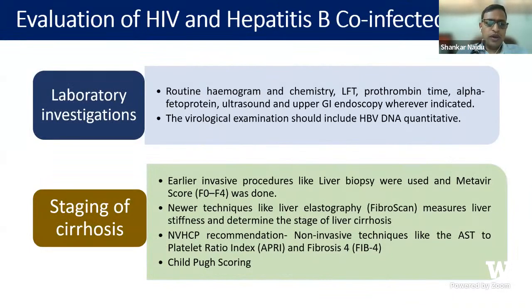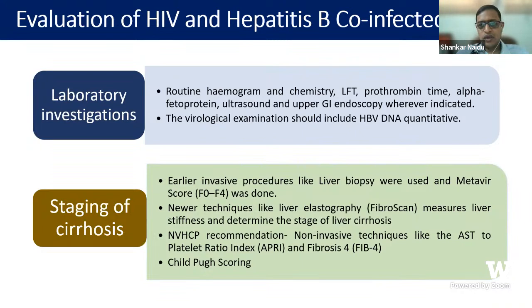So coming to the laboratory investigations, the routine investigations which need to be done at baseline in patients with co-infection would be hemogram, including CBC, to look for the hemoglobin and the presence of leukopenia and thrombocytopenia, which may be a manifestation of portal hypertension and splenomegaly. And also we should have the baseline liver function tests, including SGOT, SGPT, and serum albumin, and also